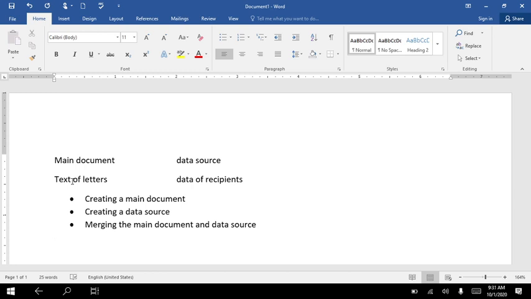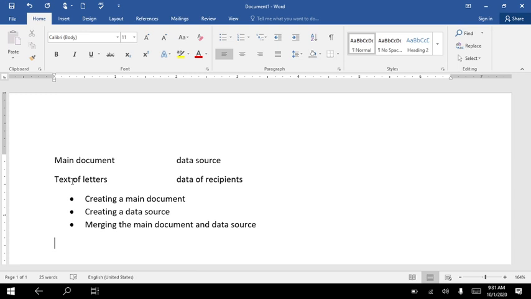There are two documents: the main document, which contains the text of letters, and the data source, which contains the data of the recipients. The steps are creating a main document, creating a data source, and merging the main document and data source. Hope all have understood.